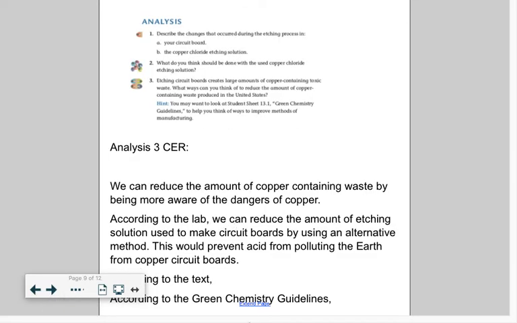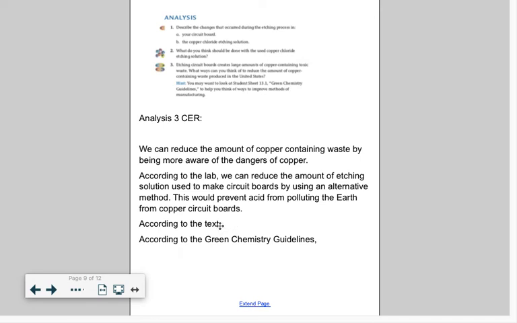So again, your job is to come up with at least 2 more pieces of evidence. If you do not come up with 2 more pieces of evidence, that is how you will get a 7.5, which means you're missing something. If you just pull from this activity, activity 23, then you will get a 9.3 because you did not go above and beyond. But remember, if you want to go above and beyond, you have to pull from an outside source, or possibly use vocab words or draw on a concept that we have already talked about that I did not ask you for in this particular activity.